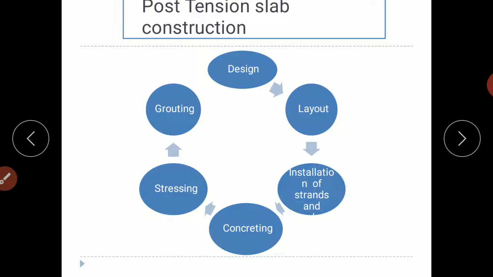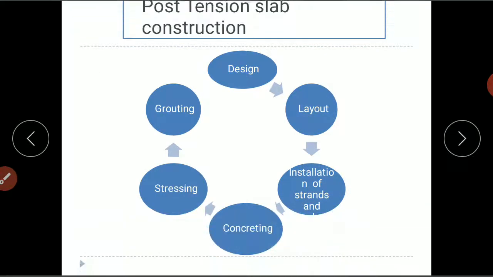Okay, so in that place also we'll use the pre-stressed concrete floor slab or a slab. Floor slab means we'll use it as a floor, and a normal slab or roof slab is the topmost slab.